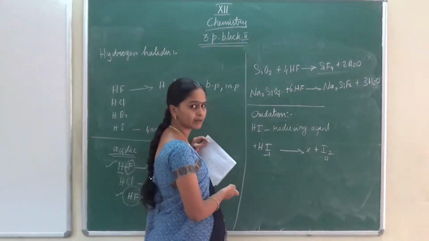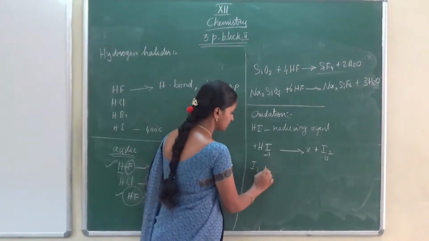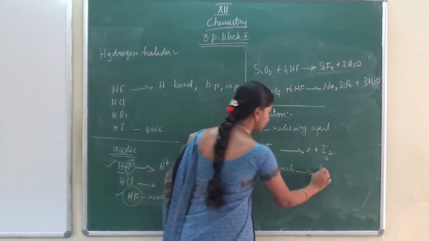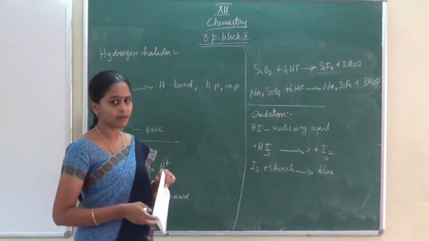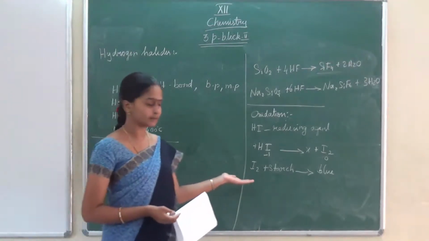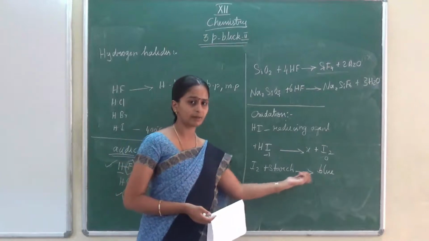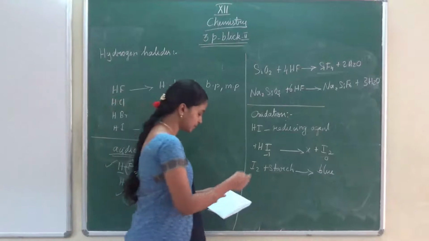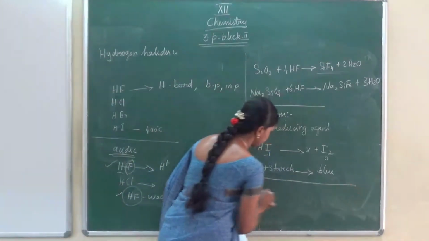This one you have done in your 10th standard practical. When you add iodine to starch, it will become blue in color. You have done this practical in the lab and seen the blue color. So it is the biology practical you have done. Just one more question: when you treat starch and iodine, what color will you get? This is blue color. The next one, hydrogen bromide.